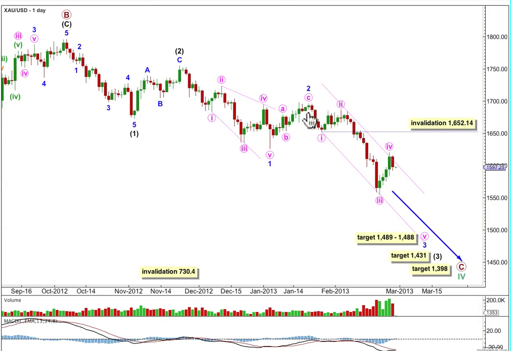Within it we have minute 1, 2 and 3 probably ended here. 4 may or may not be over. It's most likely to be over because it's just slightly overshot this parallel channel that I've drawn using Elliott's technique for an impulse. I've drawn this channel from the low of 1 to 3 at minute degree, placed a copy on the high of 2 and then I've pushed it out slightly to encompass the end of this candle here.